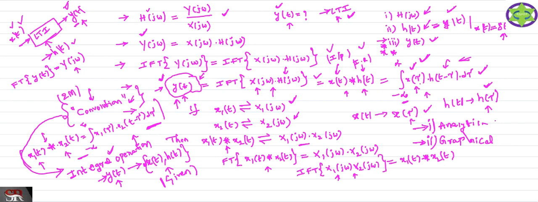You can use any one of the methods. If they are asking particularly for the analytical method, you can go for the analytical procedure of convolution. If they are asking for the graphical method, you can go for the graphical method only. Using the two methods, you can easily find the output signal y of t. We will see how to perform the convolution operation to find y of t, using the analytical method or the graphical method, in the next class. So I will stop today's class.